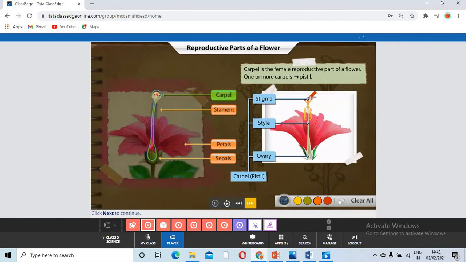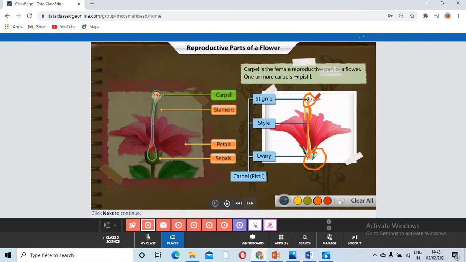As I already explained, this is the sticky part of the female reproductive part, the gynoecium, or you call it the carpel. Okay, this is the sticky part, and through this the pollen grains get stuck, and then they enter through this tube-like structure, that is the style, and they will just slide inside and go to the ovary. Only in this ovary part does reproduction take place.